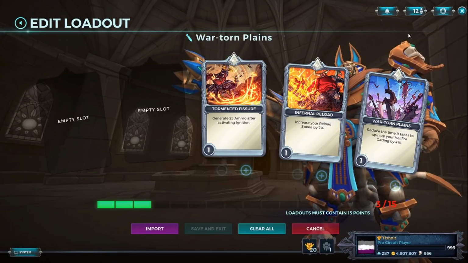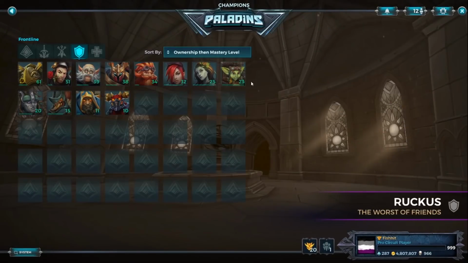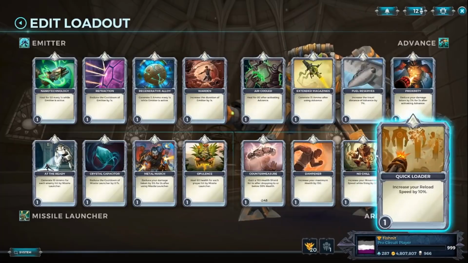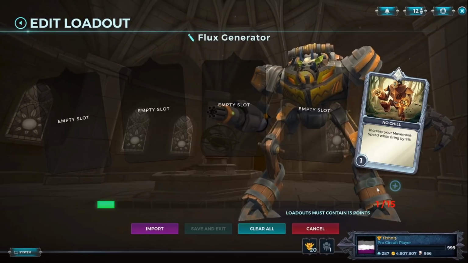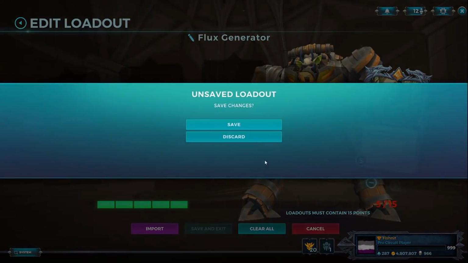Another thing they probably have the code for is Ruckus has a card called No Chill. And it's not fantastic. It's just not super high level, not high statted, so you don't really run it. But you could give Rom that, maybe change numbers a bit, and it'd be a cool card. Speaking of cool cards,